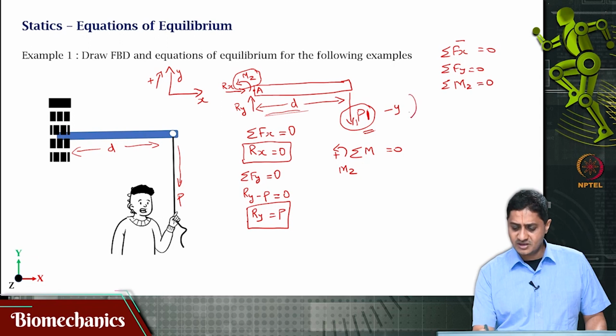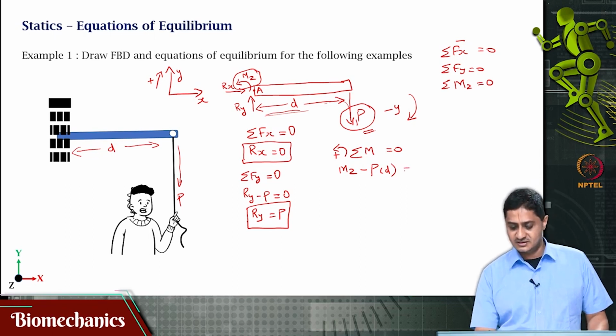The answer is no, because it is in the negative y direction. Because of that reason, it will cause a tendency to rotate this beam in the clockwise direction. Because of this reason, this would be minus P times the distance d,